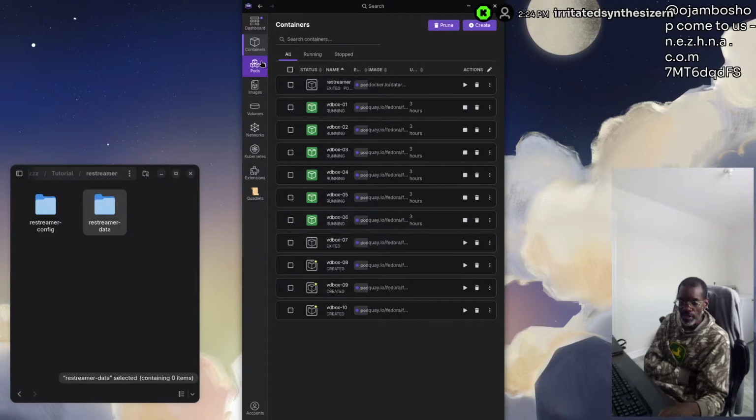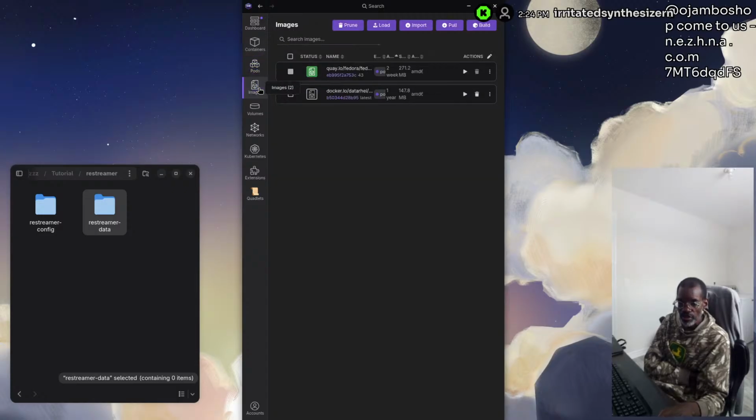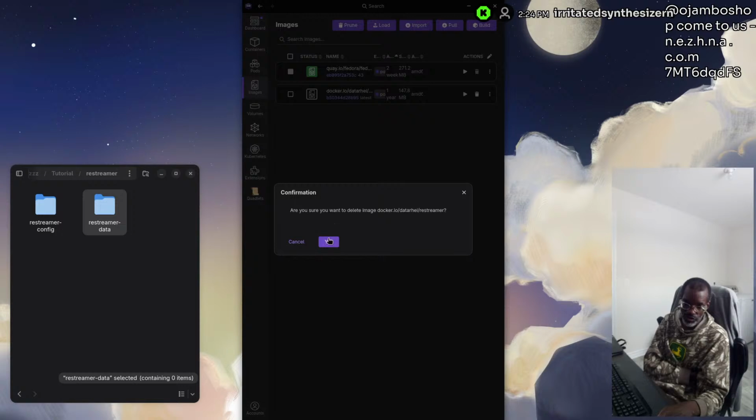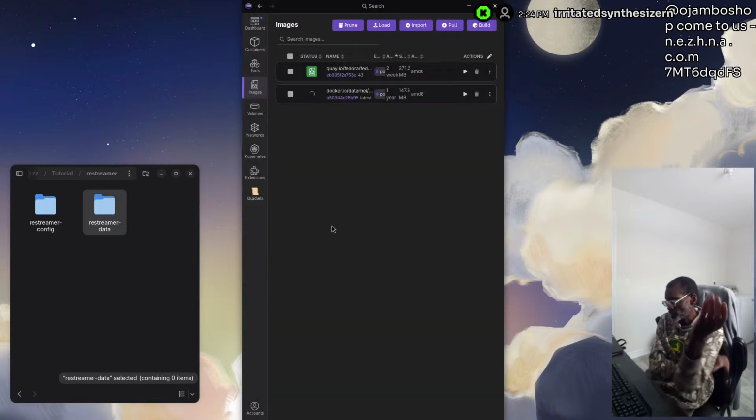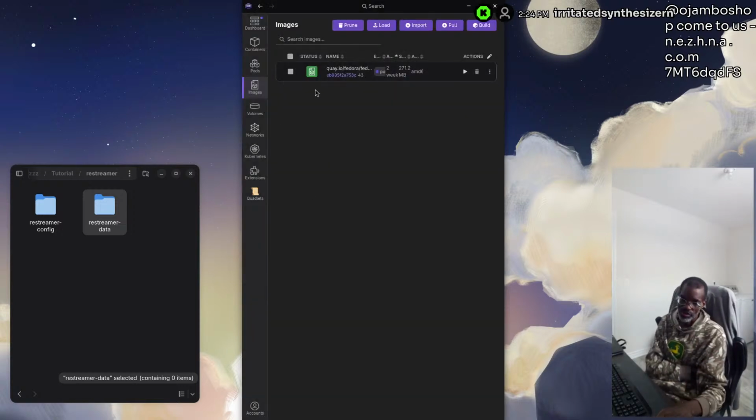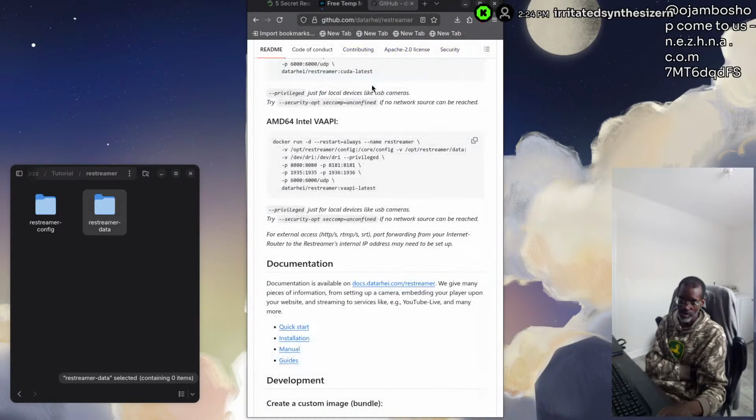But when you delete it, you're only deleting the container, you're not deleting the image. So when you come up here, you can see it's still here, so you can simply delete the image if you don't like the app. If you like it, obviously continue using it. Now, I said if you guys want, I can easily install this on the Raspberry Pi Zero W.